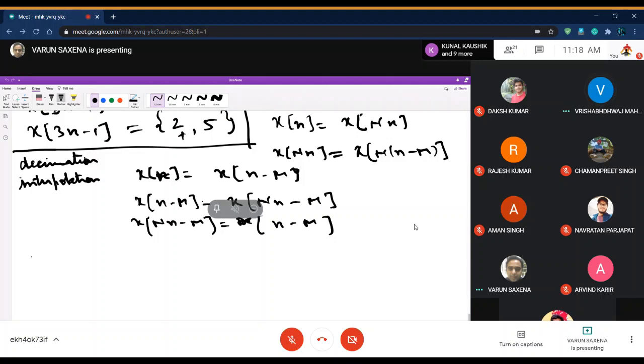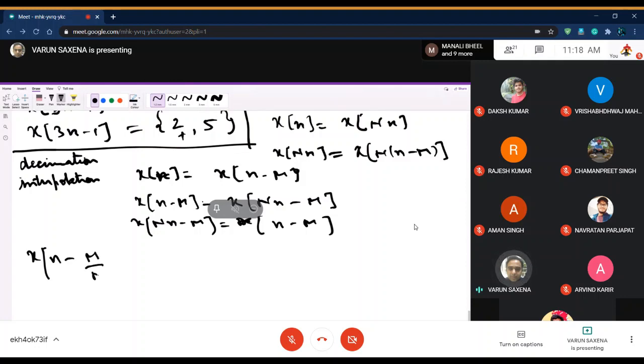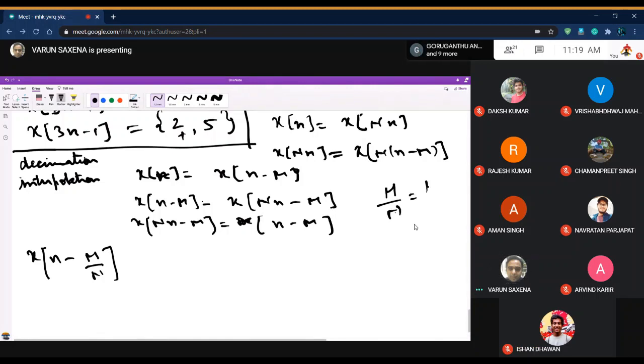So shifting by capital M by capital N. Yes, sir. The only condition should be that capital M is a multiple of capital N, so that means it has to be an integer, right? But I did not give you any of that condition. Otherwise, it just would have been a simple thing, you just had to time shift. Of course, that could be one solution, provided this is equal to k, which is an integer.